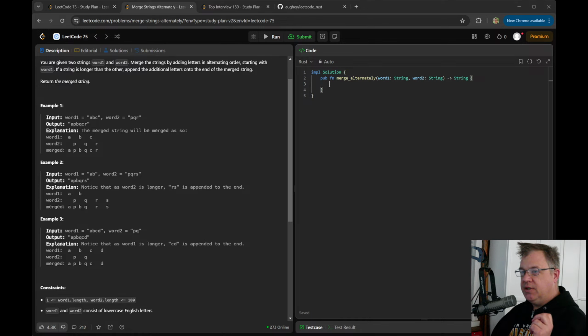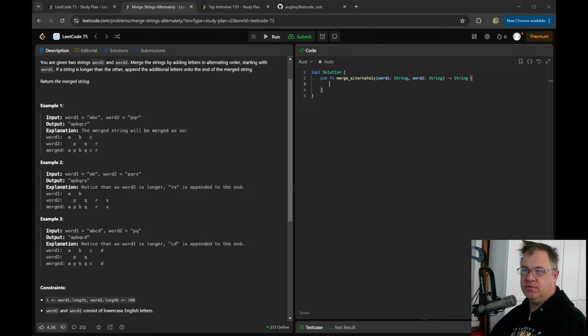This is doing it entirely with iterators and is a little bit unorthodox. But I would actually sort of challenge what the efficiency or the effectiveness is of this.